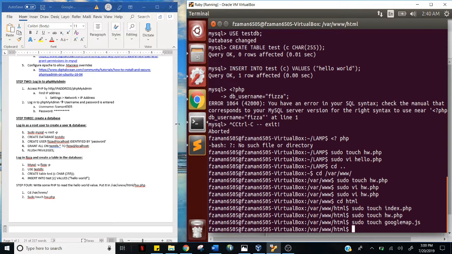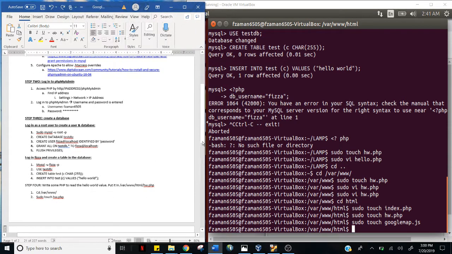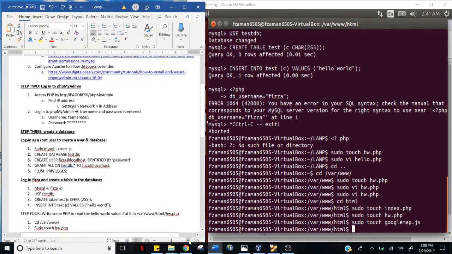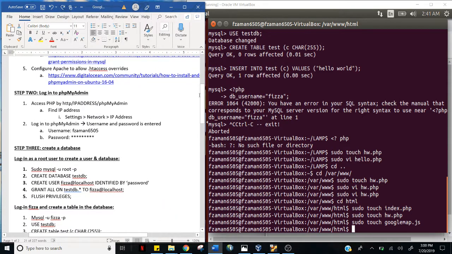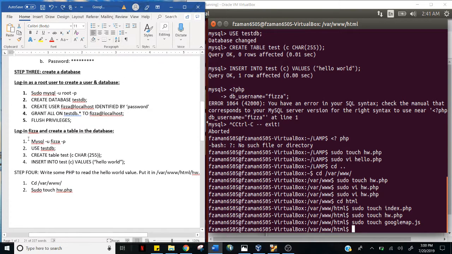Just because I've already gone through these steps, I wrote it in the Word document so that you can see it here. I used sudo mysql -u root -p, which, if I enter it into the terminal, asks for my password and takes me into MySQL,